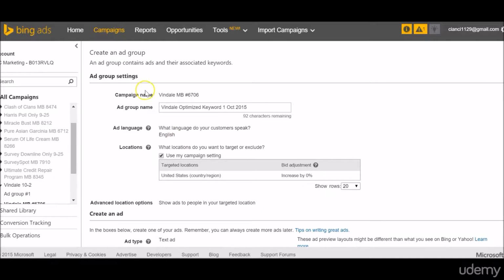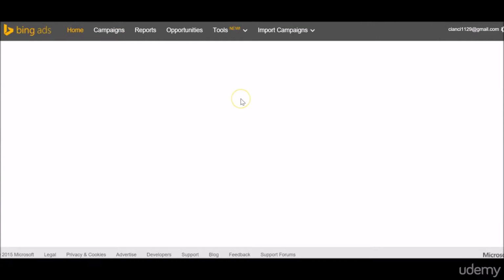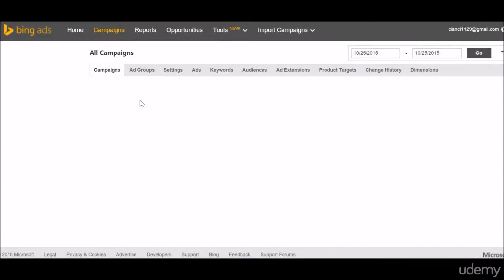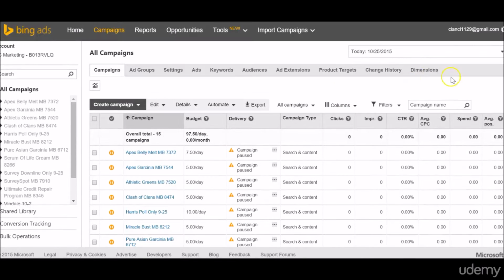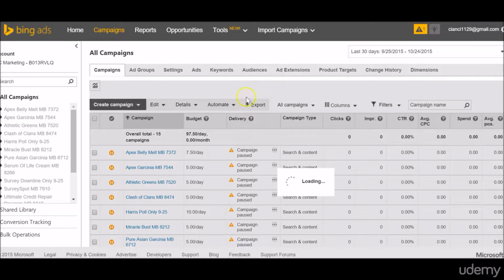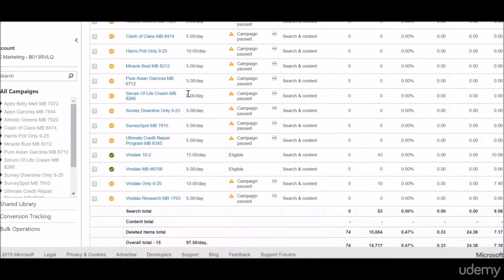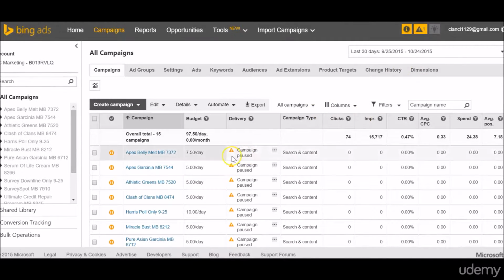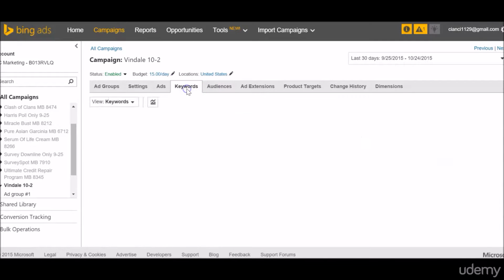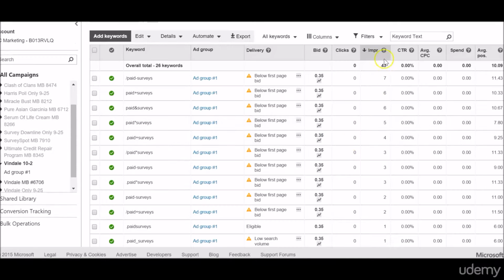Now if you're not doing tracking, let me quickly show you how to optimize. So let's go to campaigns. Let's see, it's 30 days. Let me pick a campaign that has traffic. Well, this one has impressions. So if you go to keywords, now we can see the total amount of impressions. So this paid surveys right here only has 7 impressions,